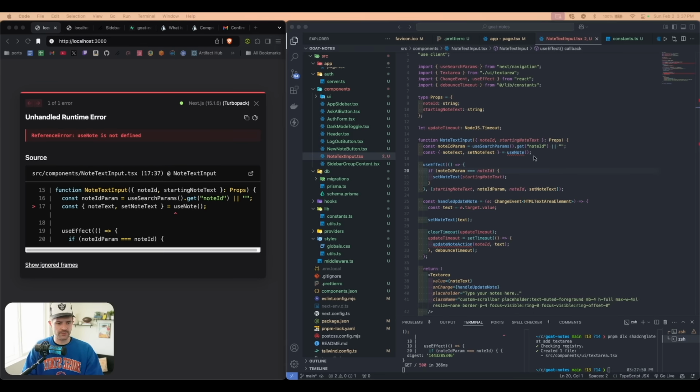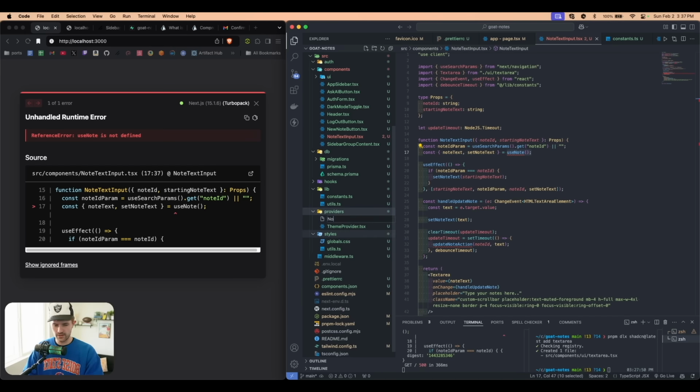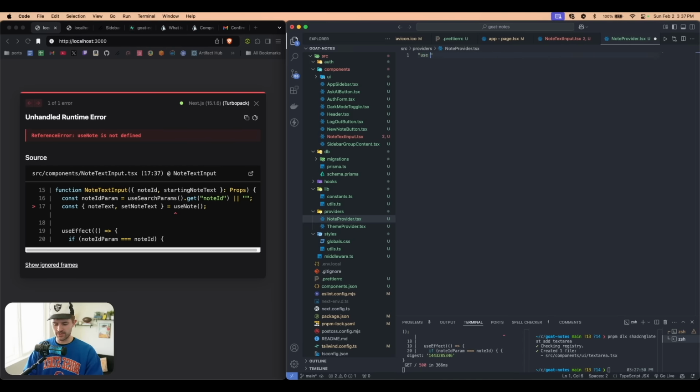So now we've got two things we need to do. We need to create this use note hook and context, and then we also need to add this update note action. So first we're going to do this. So we're going to come into providers and we're going to create note provider.tsx. So at the top of this, we're going to say use client, and we're going to say type note provider context type equals, and we're going to say note text, which is of type string, and then set note text,